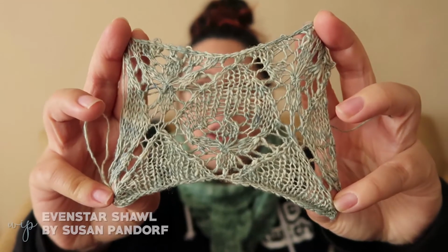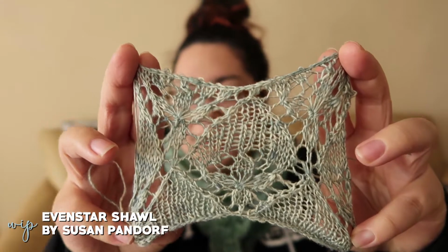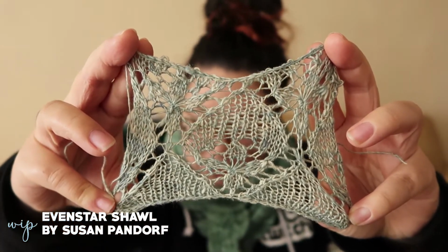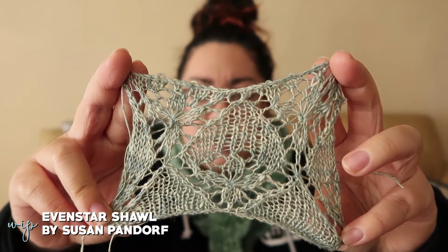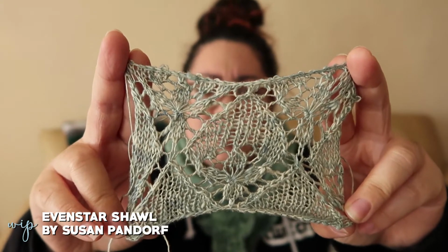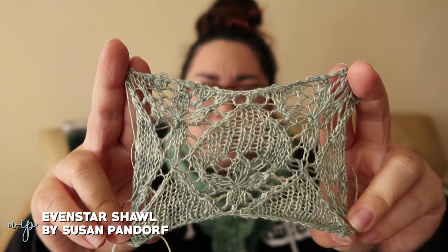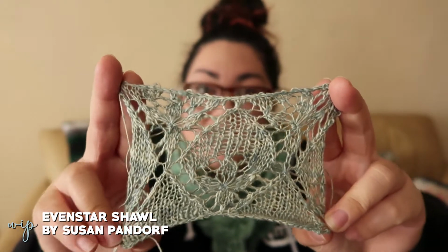And then I have number 2, something I just started the other day, which is a swatch, actually. It's not blocked yet, but it's a lace swatch. And if you have seen the shawl before, you might recognize the pattern, but it is a swatch for the Evenstar shawl by Susan Pandorf. And this is out of a silk lace weight yarn that I got from Pigeon Roof Studios. I think it was like a no-name base that they had, and they were selling them on sale, like in bulk, kind of. So I have 3 skeins of this lace weight